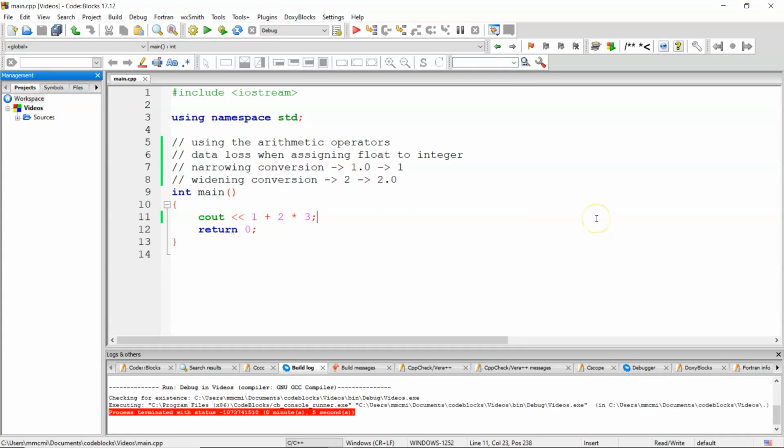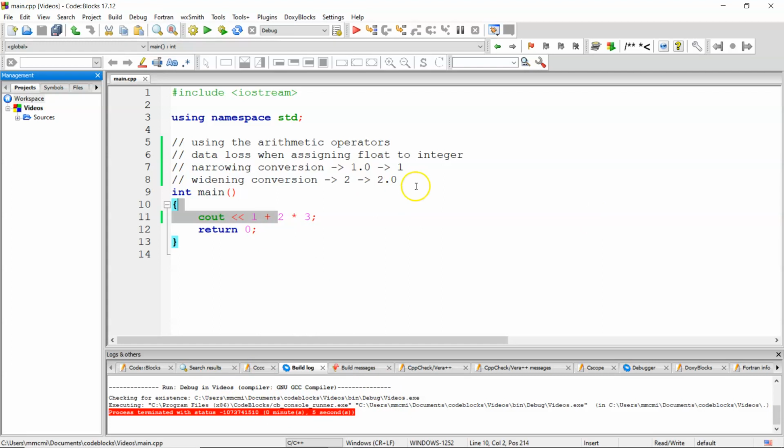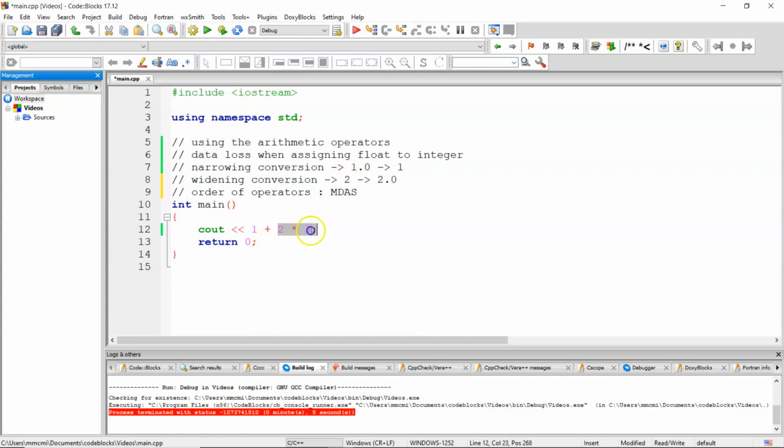Excuse me. And that's because multiplication comes before addition. So there's an order of operations, and the way to remember that is My Dear Aunt Sally: multiplication, division, addition, subtraction. So for example, as long as I write the code like this, the multiplication step is always going to come before the addition step. We can modify that by